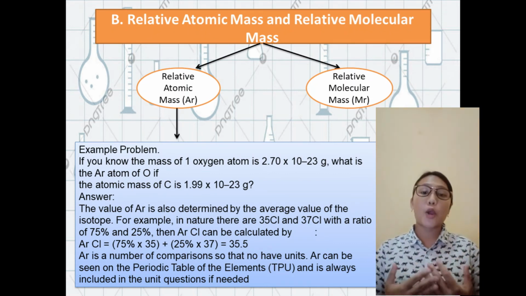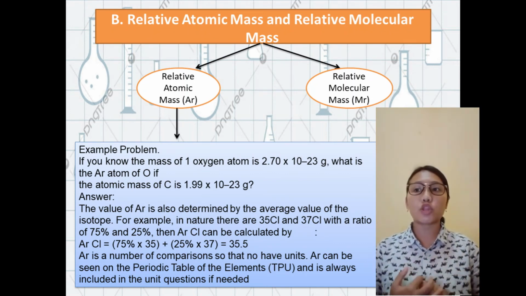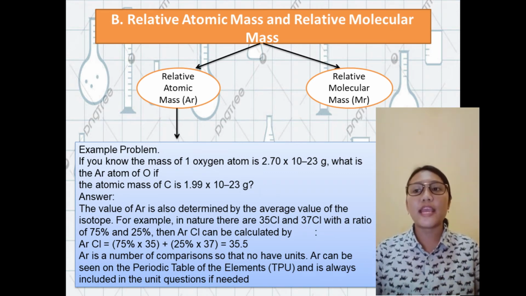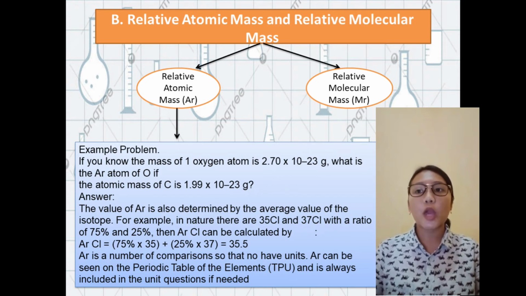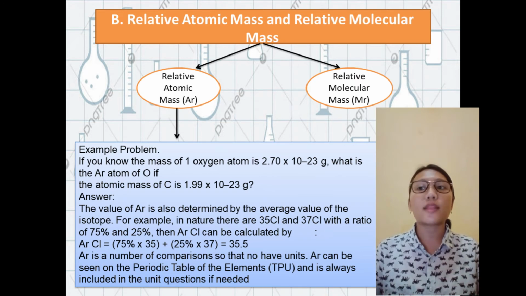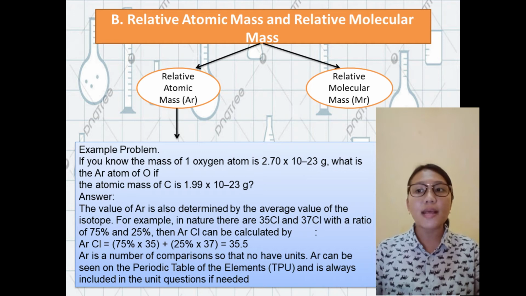Alright, next time I will explain B. Relative atomic mass and relative molecular mass. After the invention of very sensitive equipment in the early 20th century, chemists carried out experiments on the mass of one atom. For example, an experiment was conducted to measure: 1. The mass of one atom H is 1.66 × 10^-24 g.